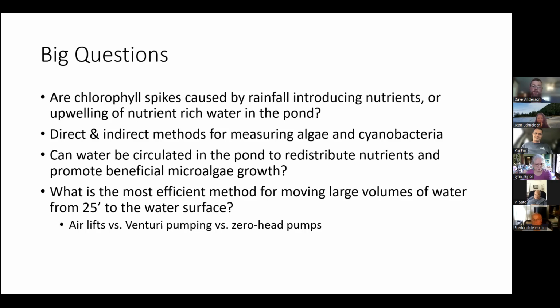And then the next question moves towards, if we go with it being an upwelling event that's causing these spikes in chlorophyll and spikes in our growth rate, can we manipulate this and basically destratify the pond slowly over time in a way that will promote diatom and microalgae production? The silicate value is really important because we also have a solar powered hatchery that we use for